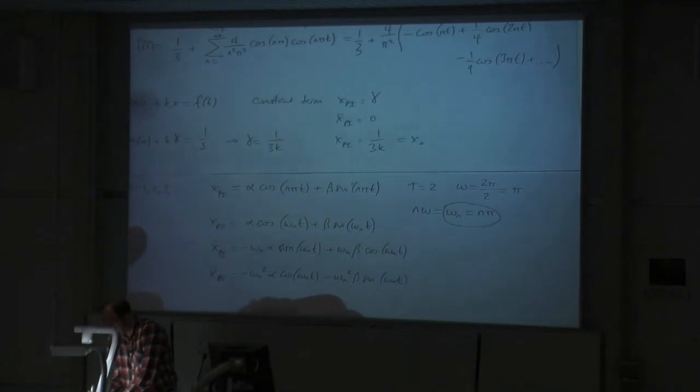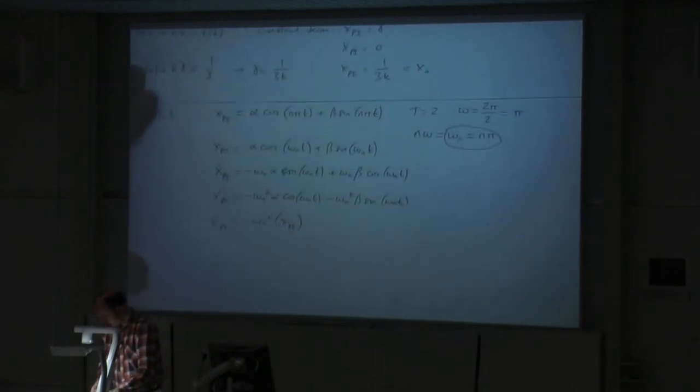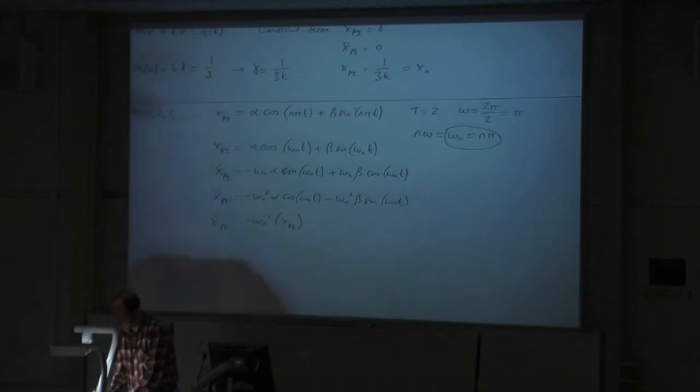So that equals minus omega n squared times x particular. So we plug that into our equation of motion. We have m times minus omega n squared alpha cosine